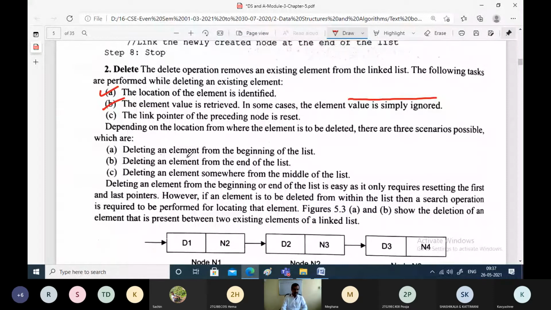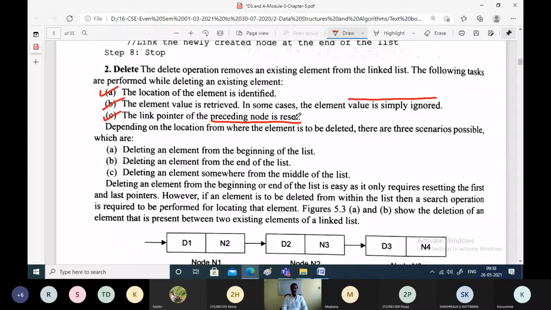Now the third step is to reset the link pointer of the preceding node. Whichever node you are deleting, its previous node and its next node must be linked with each other. Because if you are deleting the current node, the previous node and the next node must be linked with each other. Then we can ignore this particular node.